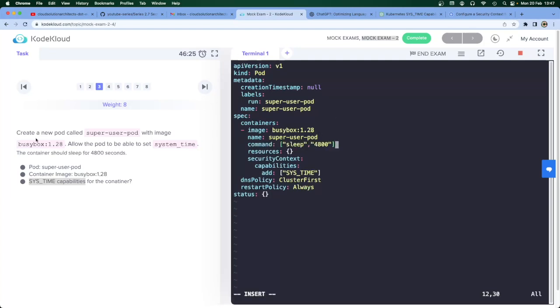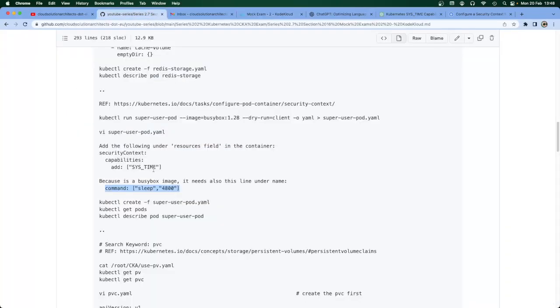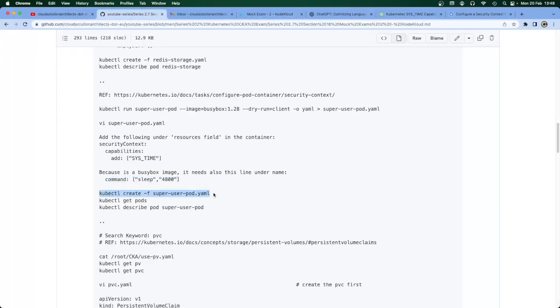Now, because this is the last time we're going to review this: create a new pod called that, so the name is that, with image busybox is that. Allow the pod to be able to set the system time. We've done that, those are the 3 lines there. The container should sleep for that time, so that's those lines there. So we do look like we have met the criteria of the question so far. So if I go down here and I create the pod here,